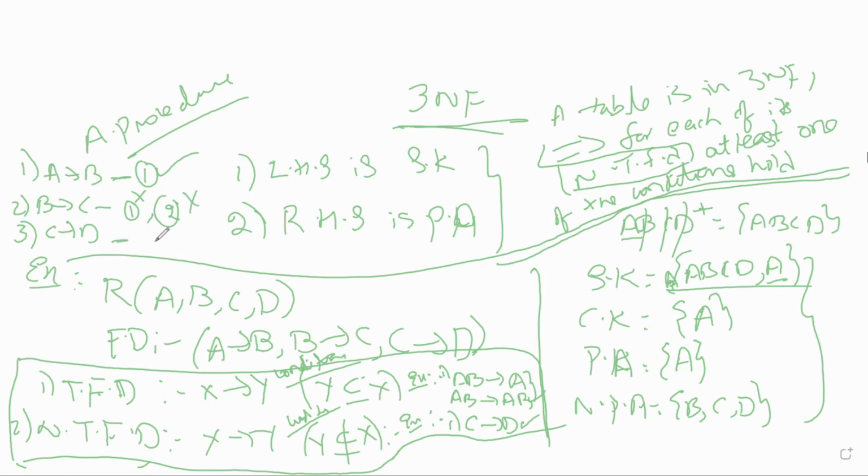Okay, so if from the top, any of the FDs is not satisfying the 3NF, then you don't need to check the 3NF again. Directly you can say that it's not in 3NF. Okay, just note down this one. Understand?